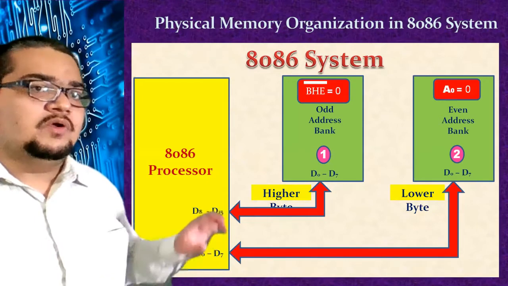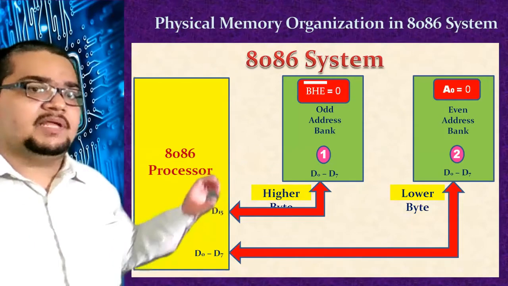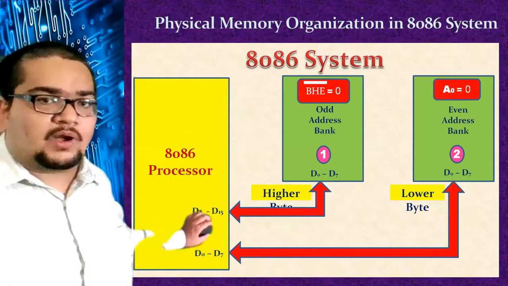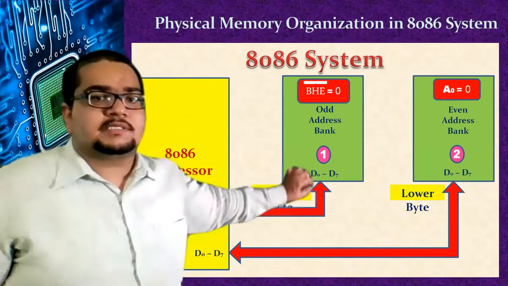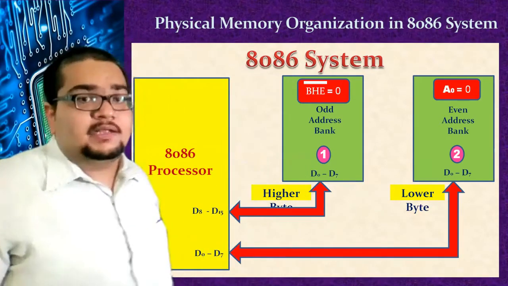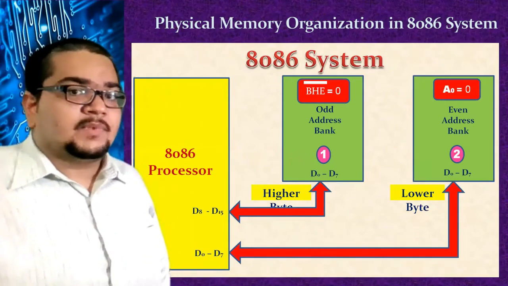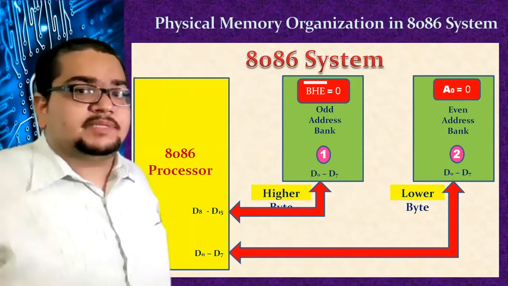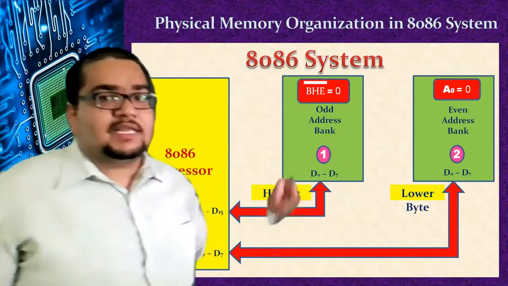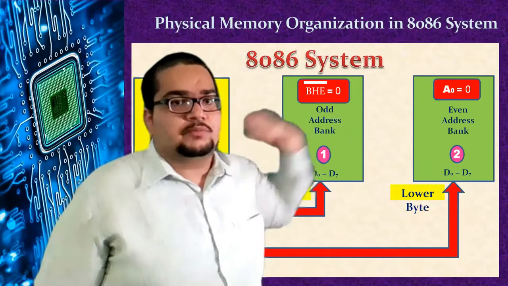Okay. Now, for ease of the diagram, I did not show the address bus, but there can be an address bus here. Let me take it as 16 bits multiplexed; one more line will come, it will be given to this, and continued there to that, because address lines also have to be connected with the memory ICs such that we can access the memory locations. But I have shown something else. If you closely look at the odd bank and even bank, more specifically the even bank, there is something written in the red block there, that is A0 equal to 0.